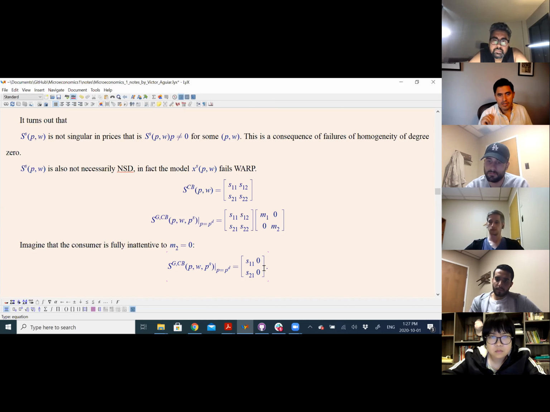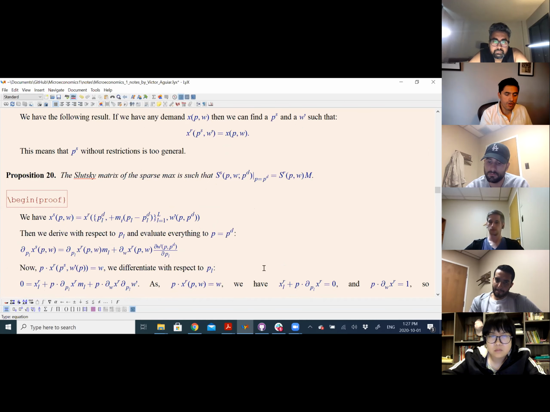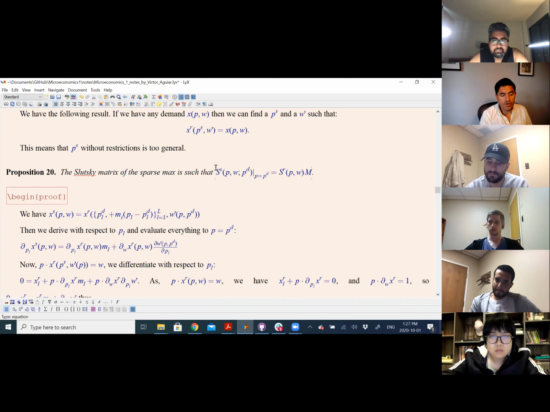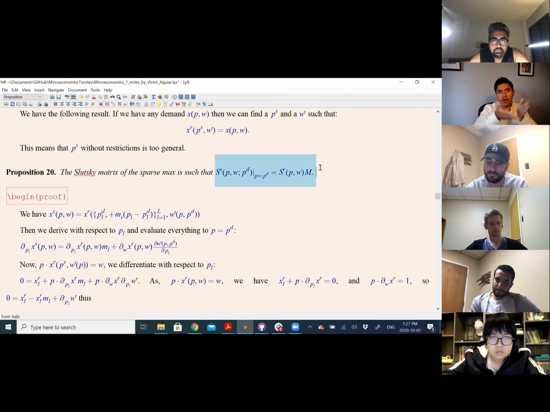Okay, so it's fixed, so it's independent, right? Okay, so right now let's prove why this happens. And the thing I want you to realize is that this relation does not hold for any price, right? It's only when price is equal to the default. So this is only a very local analysis. It's looking at this point where price coincides with the default price, then this happens, right?